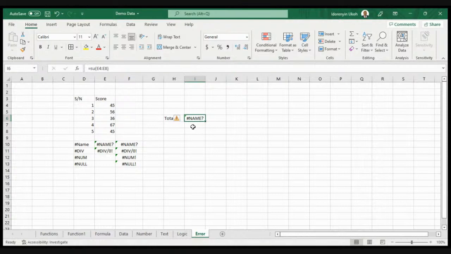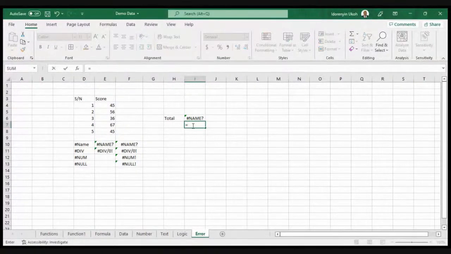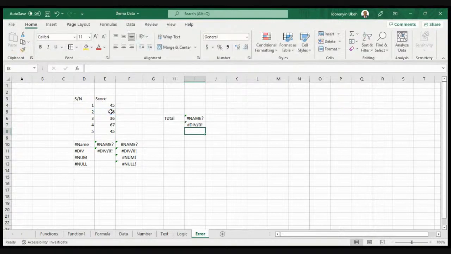So also we discussed that the division error is whenever you're dividing a particular number by 0. So if I'm dividing this cell by 0, the div error would be displayed. So as well as the num error. The num error is when Excel cannot actually find what you are trying to do. It doesn't understand what you are trying to do. So, for example, in this set of data, I'm having a wrong function. I will do 2, for example. I have that function, and I just have a random number, which is not part of all the scores that I have.